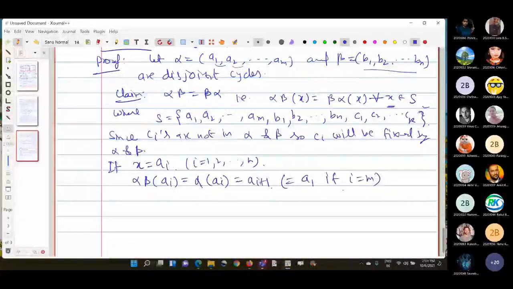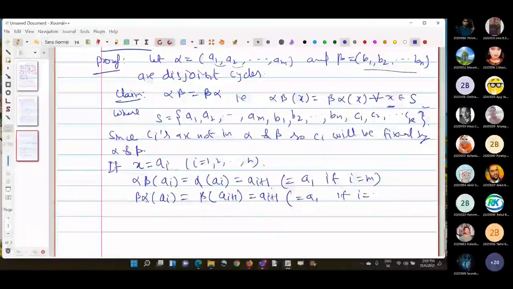Similarly, beta of alpha of ai. Let us see, alpha sends ai to ai+1, and beta fixes ai+1, so it is ai+1. And this is equal to a1 if i equals m. Beta does not send ai to b1, because we are operating on ai and there is no ai in beta, so beta will be fixing all ai. So this implies that alpha beta equals beta alpha